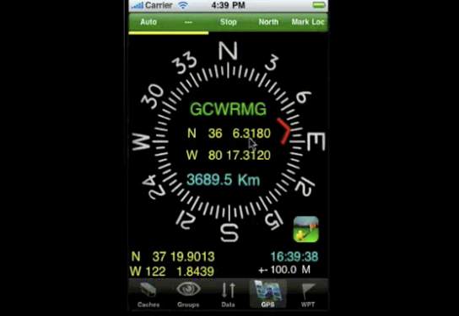GCWRMG. And so if we go back here, we have now GCWRMG, and we have its latitude and longitude. And we have a kind of a ridiculously high number of kilometers distance, and the reason is I'm on the East Coast, and in the simulator here, the current location, as you see down here, is actually the latitude and longitude for Apple's headquarters. So we're kind of far away from that particular cache, but in the normal course of things, this would be